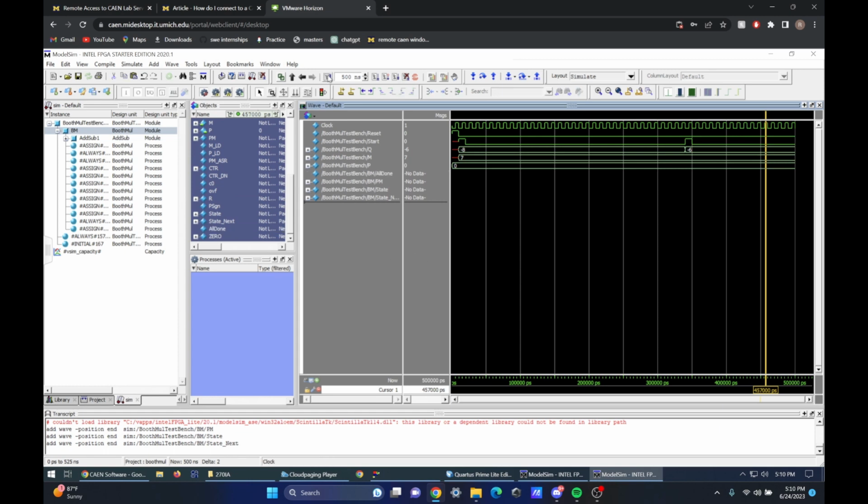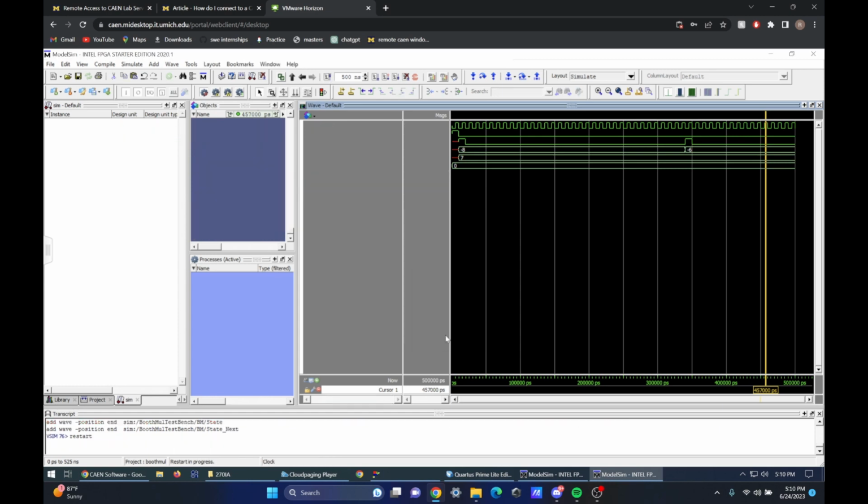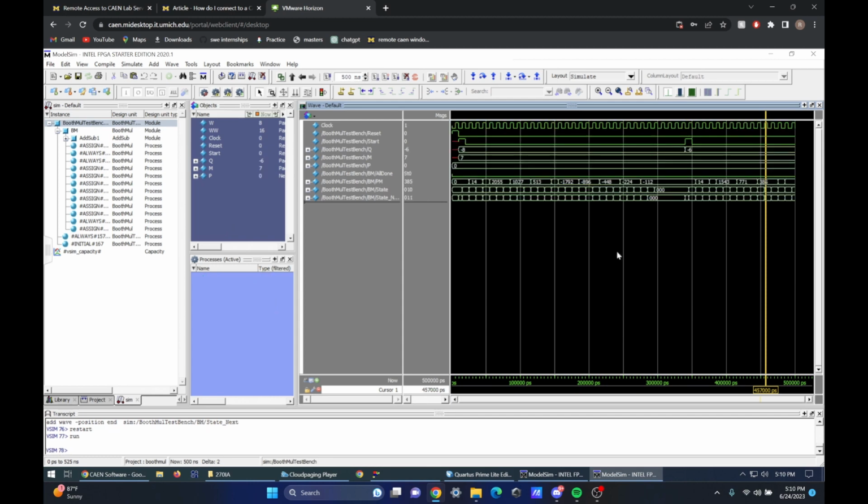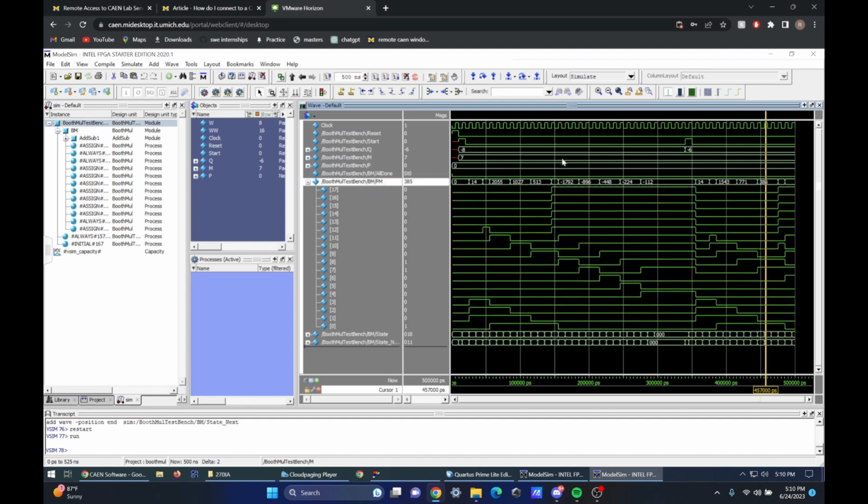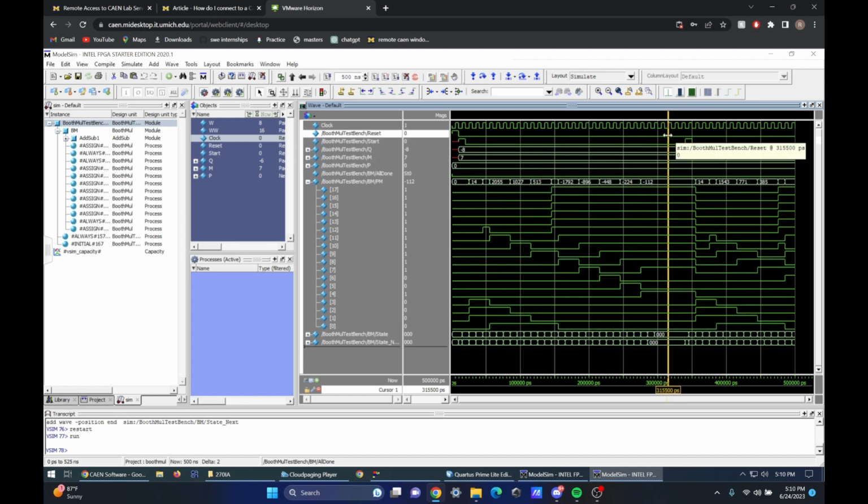Okay, so I'm going to restart this. We have all the signals we want. And I'm going to run it. Okay. So again, we're looking at PM. We can expand it. It looks like PM is getting some correct values. And what we can do is see how we have this cursor here. As we scroll the cursor, you can see the values of your signals at the instance that the cursor is over. So if I go right where I want the value to be,